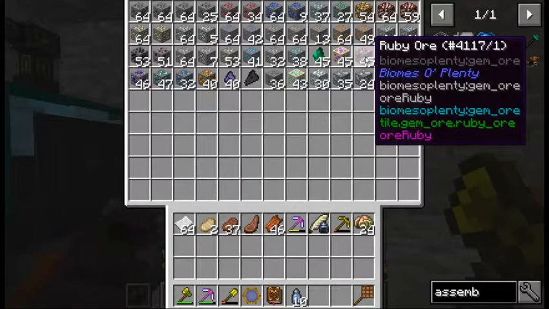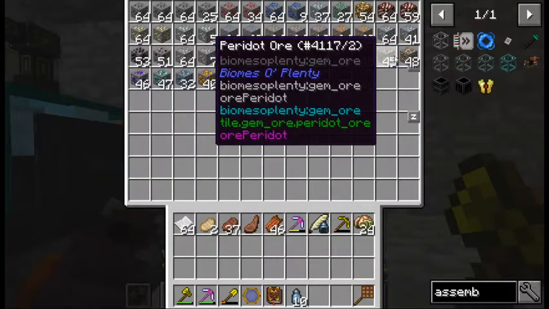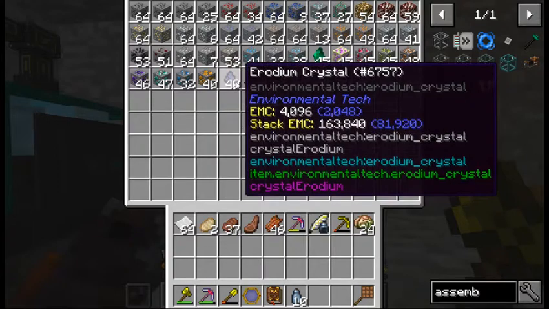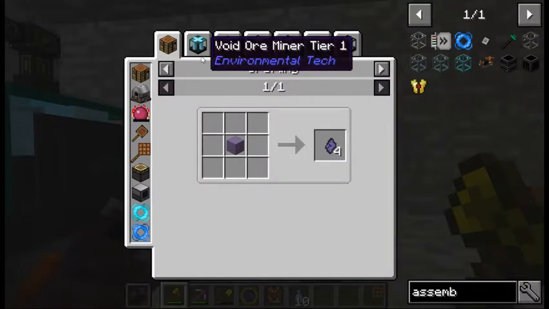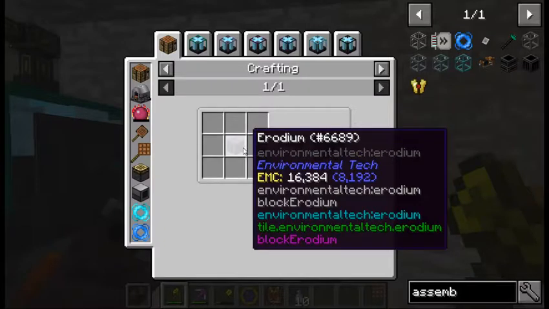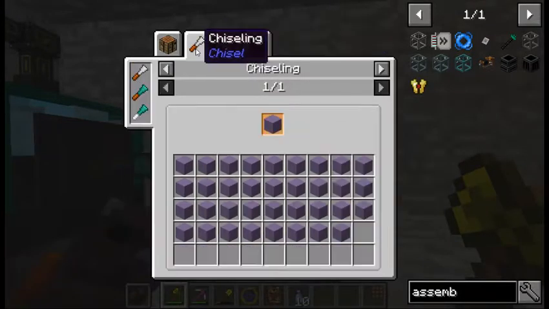All of the Biomes O' Plenty gems are in here. Ruby, peridot, however you want to pronounce that. Topaz, tanzanite, malachite, sapphire, and amber. And then these iridium crystals, these here are important because there's no way to get them besides using the miner. You have to use these to make the iridium blocks, and those are used to make...